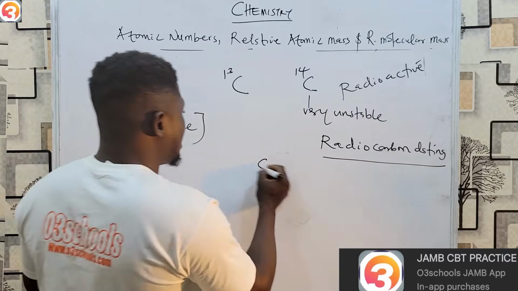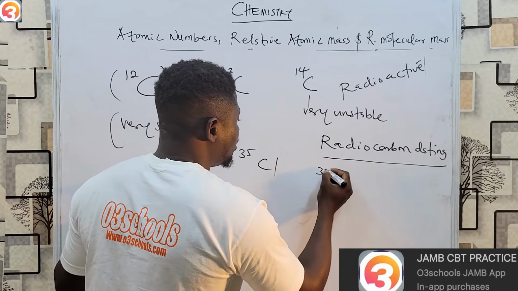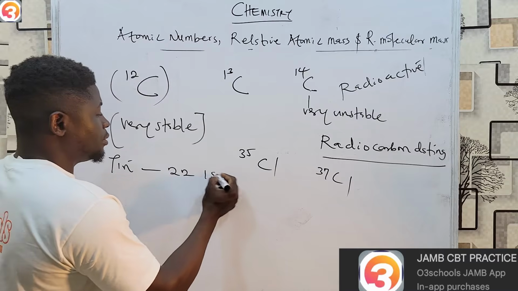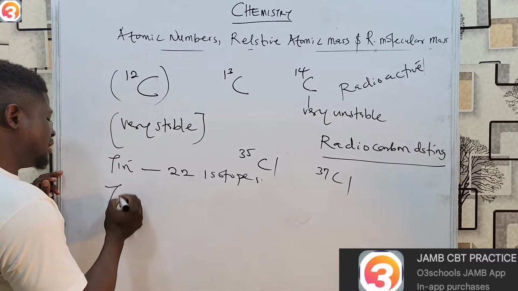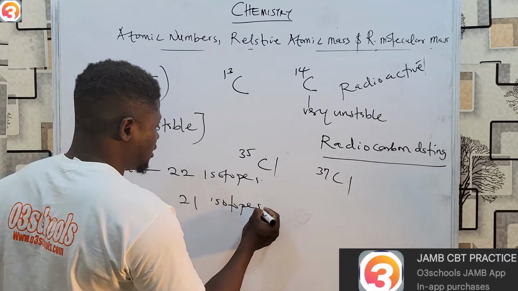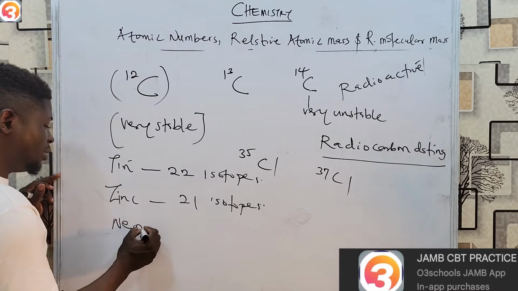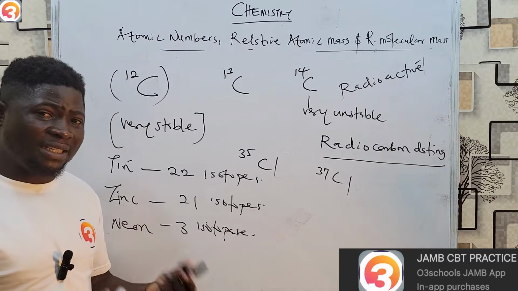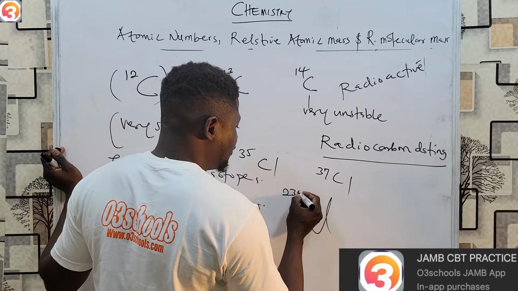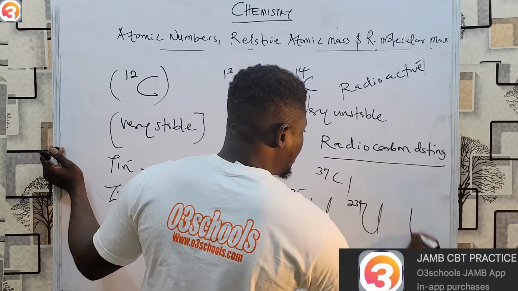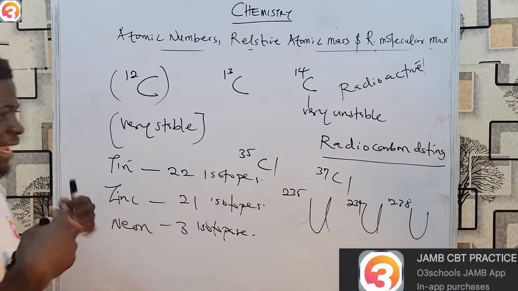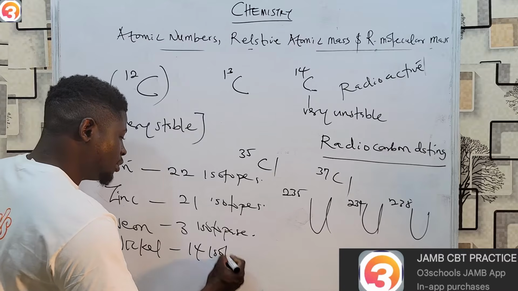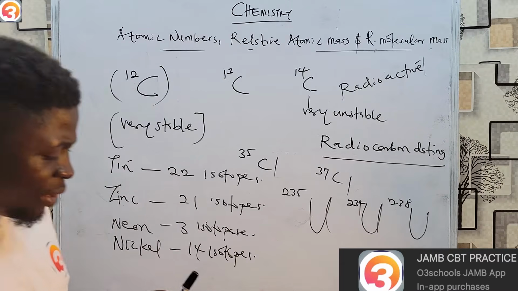Some other elements like chlorine. Chlorine has 2 isotopes, chlorine 35 and chlorine 37. Also tin. Tin has 22 isotopes. Zinc has about 21 isotopes. Then we have neon. Neon has 3 isotopes. Even uranium. You have uranium 235, uranium 234, and uranium 238. So these are all isotopes of uranium. Of course, zinc, neon, nickel also. Nickel has 14 isotopes. I'm just saying all these things to make you understand that the final mass